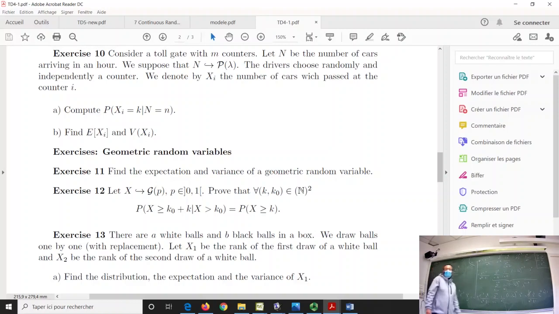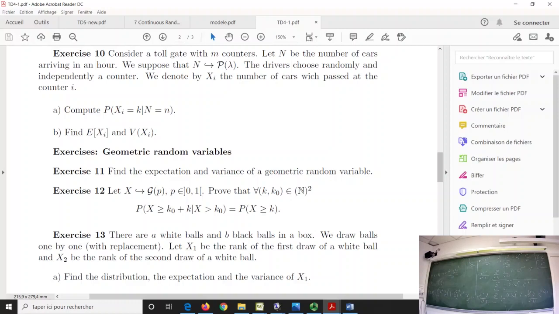This one. And the exercise is finished, because now, from the course, keep in mind that what I want is the expectation and the variance. Well, I have a Poisson. I know that the expectation is equal to the variance, equal to lambda over m, equal to the parameter. So for a Poisson distribution of parameter lambda over m, the expectation and the variance are the parameter itself. And so, from this, I have the answer to my question, that is to find the expectation and the variance.